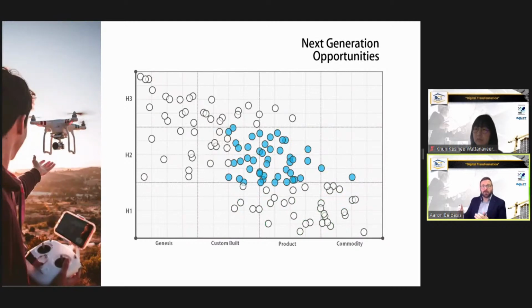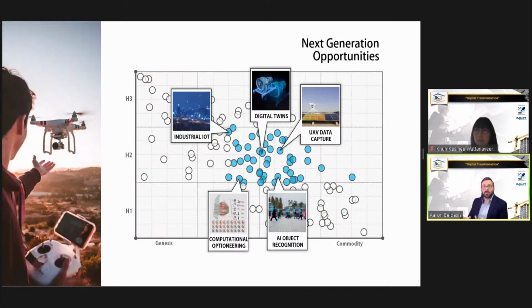As we look into the next horizon, we're still looking at products that are available to us now. And this blue area is the next generation of opportunities. These are technologies that are actually available off the shelf or very near ready for us to buy directly. But for some reason, we just haven't, or we haven't been ready as an industry to adopt them. And these are the ones we really want to focus on in our Horizon 2